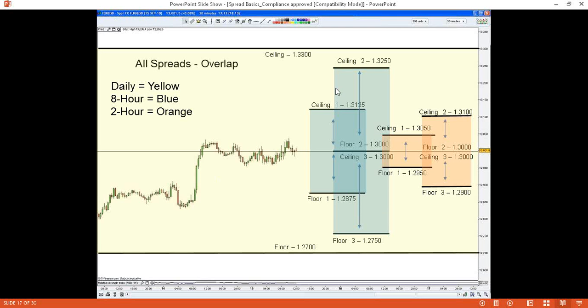For example, you have spreads that overlap. Let's say on a particular market, at any point in time, you've got a huge spread that expires at the end of the day, okay? And it might be a huge spread that has a ceiling at 32.50 and a floor at 27.50. It could be a 500 tick spread that goes all the way till the end of the day. You might have hours and hours to go on that spread. Obviously, if you have a 500 tick spread and you're getting in somewhere in the middle and you want to buy to go up,